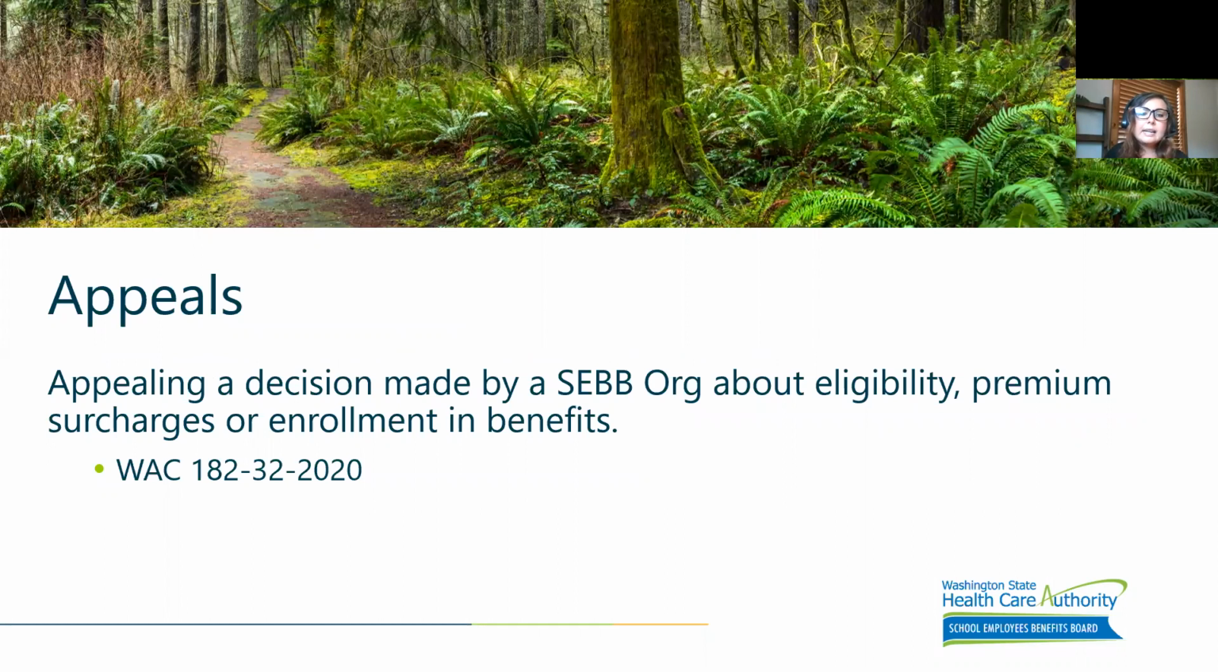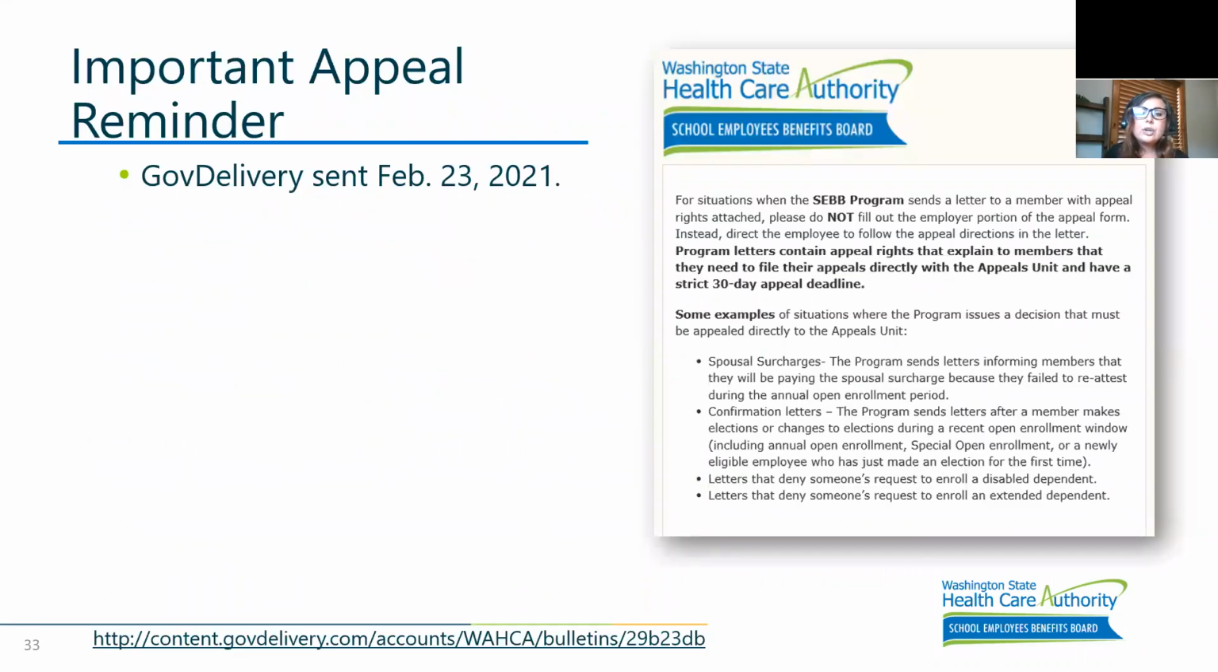Okay, so there is an appeal reminder that I want to go over with you really quick. There was a GovDelivery sent out on February 23rd of this year with important appeal reminder information. The GovDelivery was letting benefit administrators know that an employee should file an appeal directly to the SEBB program if the employee would like to file an appeal regarding a letter they received directly from the SEBB program